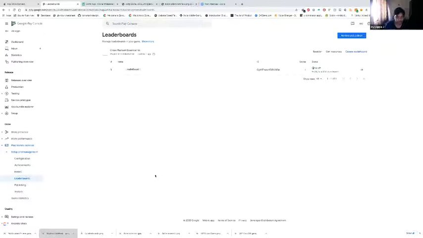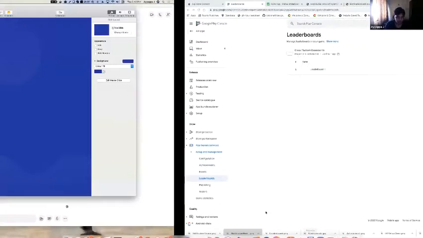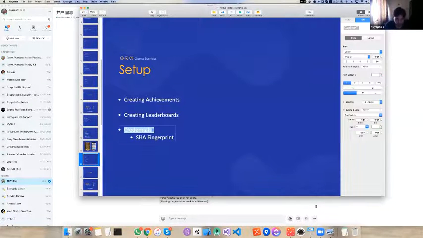Okay, the next part is about credentials. It's a bit tough to understand, but once you get the concept, it's pretty easy. Around 99% of the errors during development are due to this part, wrongly setting it up.